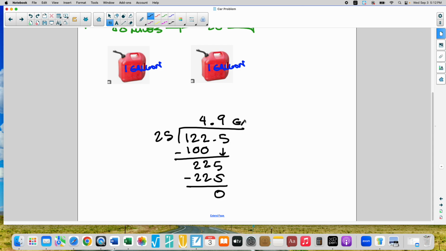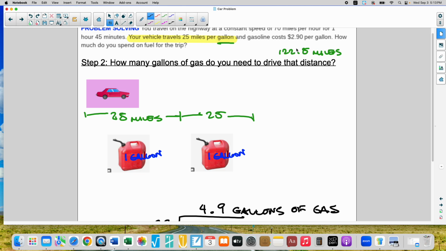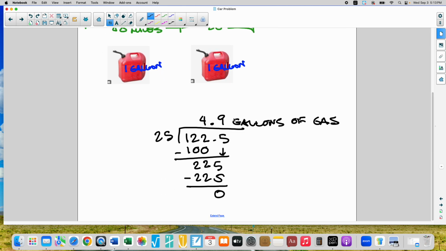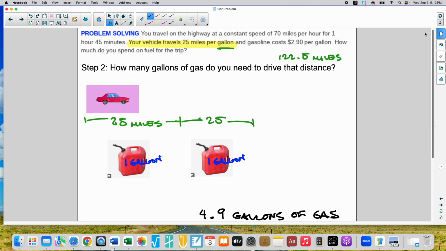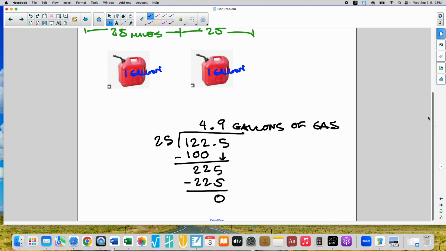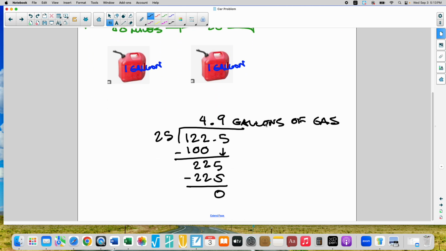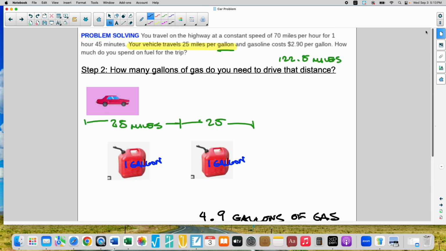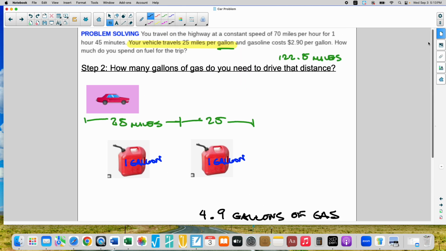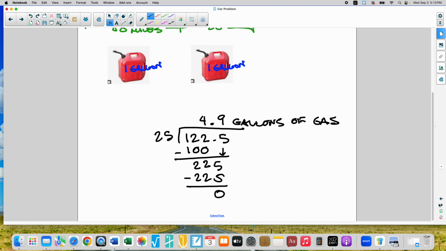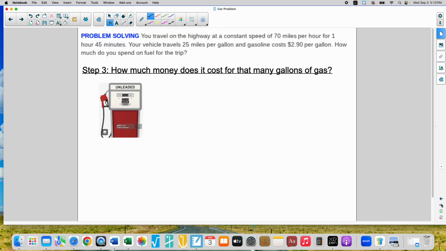So that's how many gallons I would need. So this is going to be gallons of gas in order to travel 122.5 miles. Okay, very important. That's the solution to step 2. How many gallons do you need to drive that distance? I need 4.9 gallons of gas to drive 122.5 miles. Now we're going to need this piece of information for the last part, because the last part of